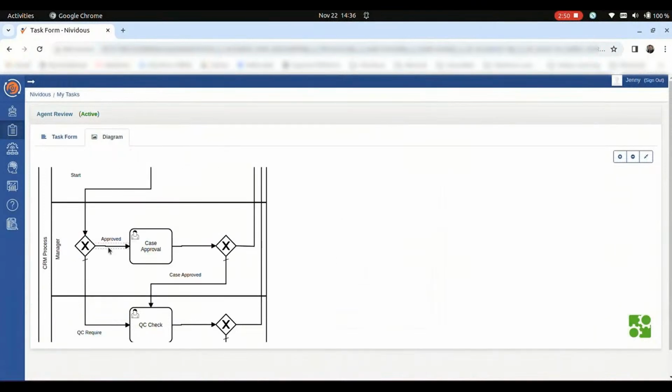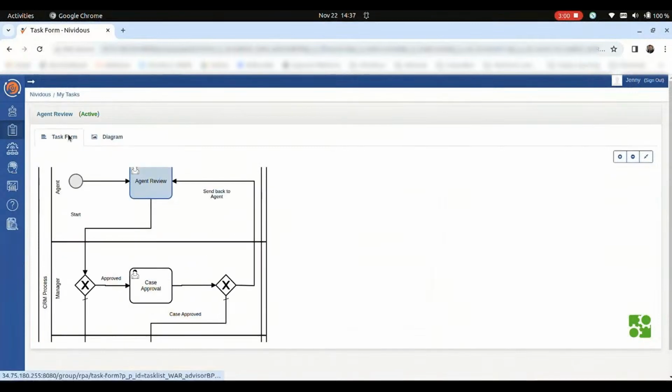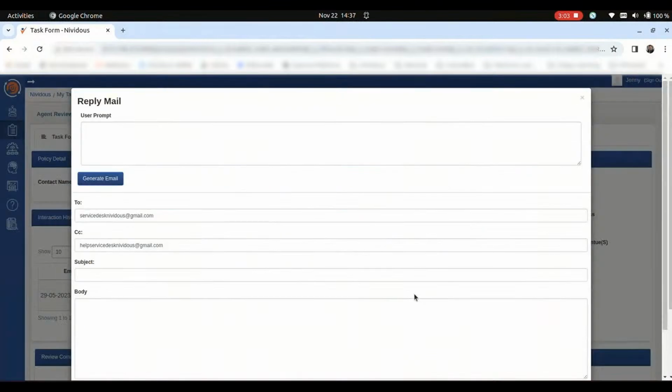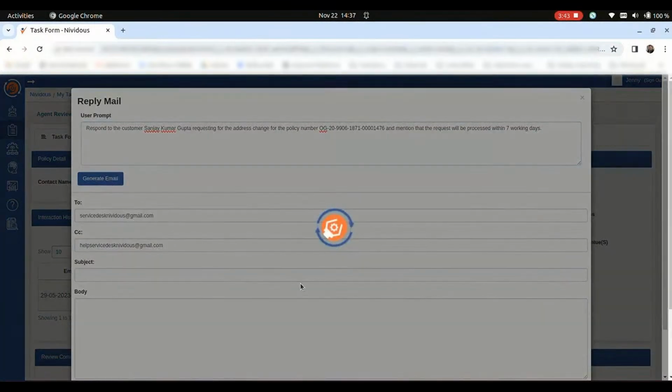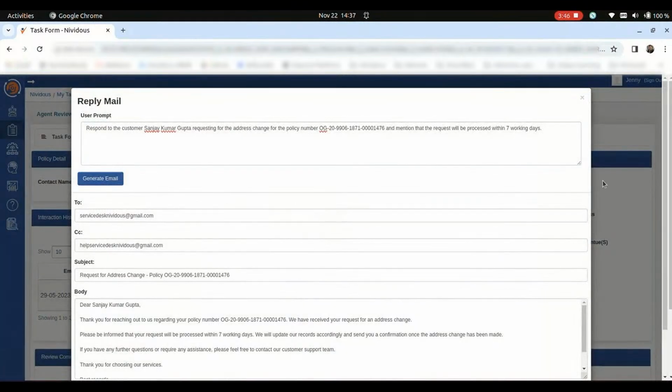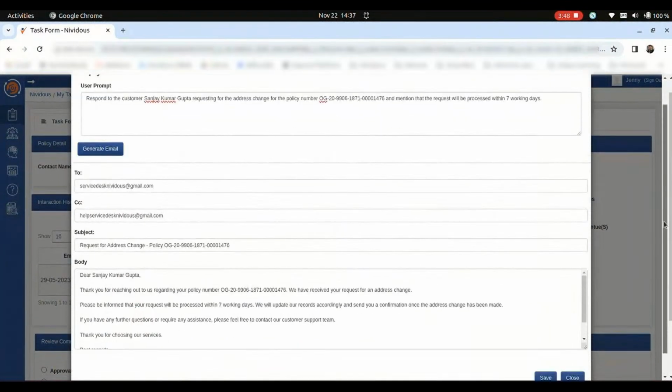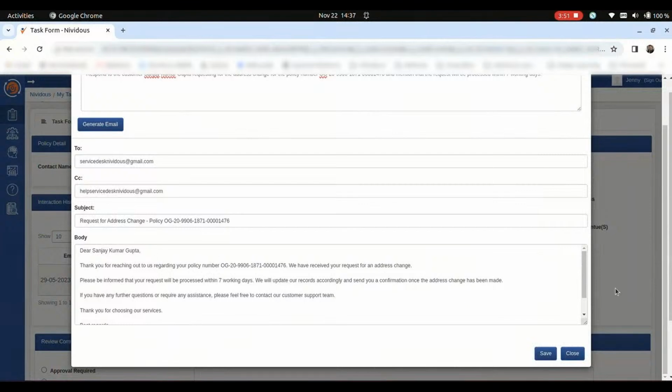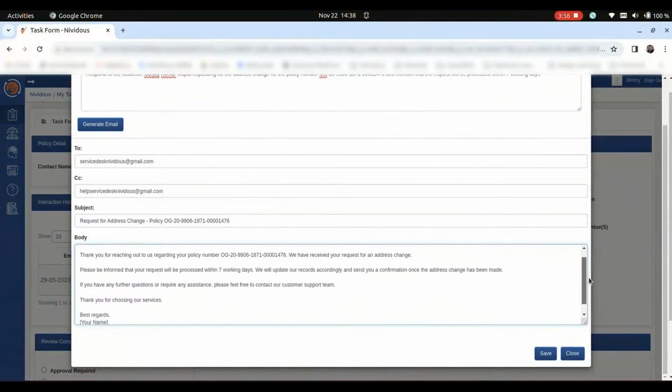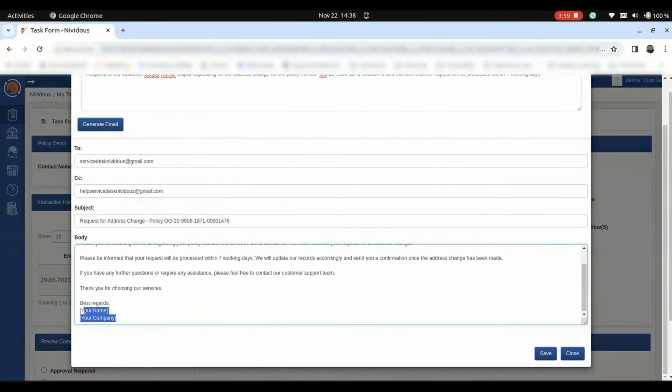And here is a view of the process using our orchestration capabilities. And when we orchestrate a process, we can orchestrate both manual and automated tasks together. So here is part of the GenAI capability where Kelly is just going to give a user prompt and she's going to automatically generate the response to this email. Now again, generative AI is all about generating unique content. So that prompt was entered and this email has been generated using GenAI.